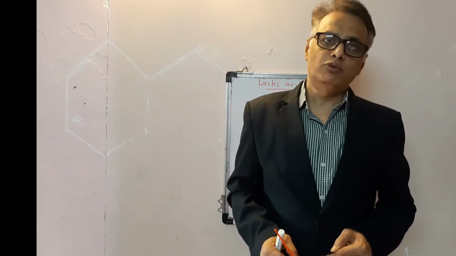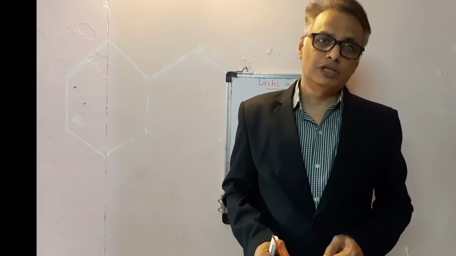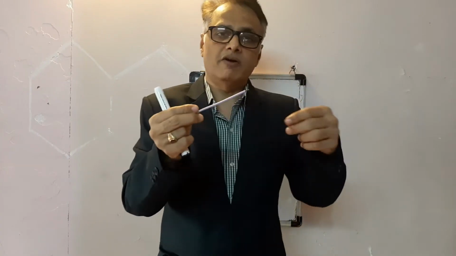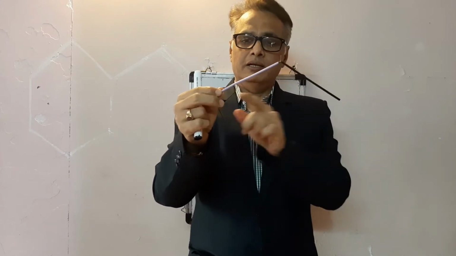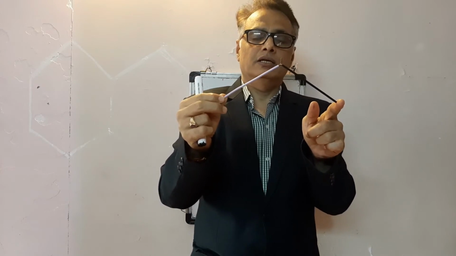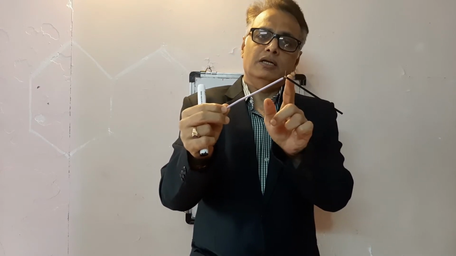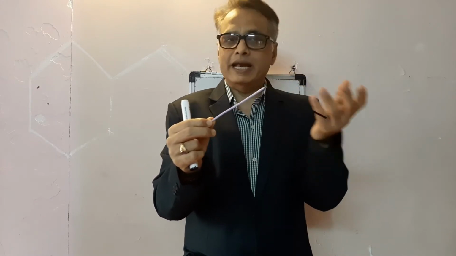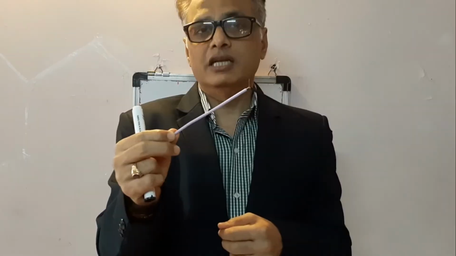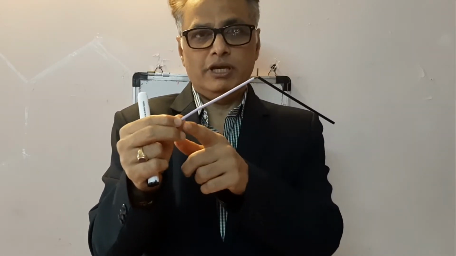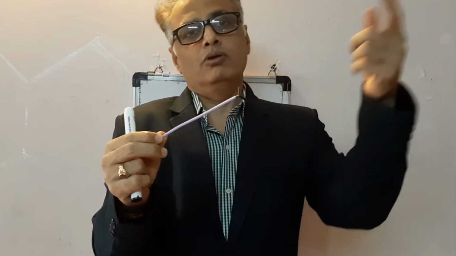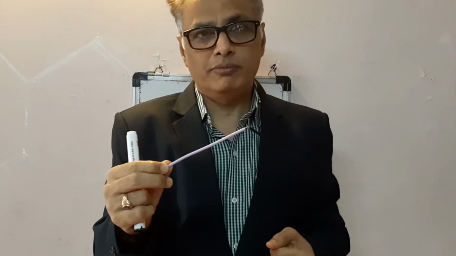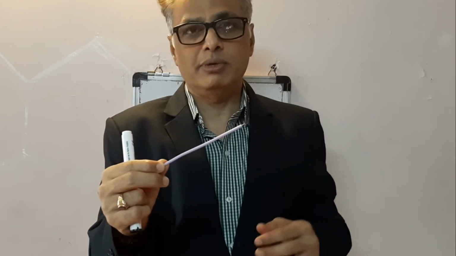Now let us find out the point group of HOCl, hypochlorous acid. This is our HOCl. Hydrogen is placed here, oxygen is here, and Cl is here. Now let us find out the symmetry elements possessed by HOCl. It contains identity element E. It doesn't contain a center of symmetry, because if in a molecule a straight line drawn from every atom to the center of the molecule does not encounter an equivalent atom at equal distance, it doesn't contain a center of symmetry.